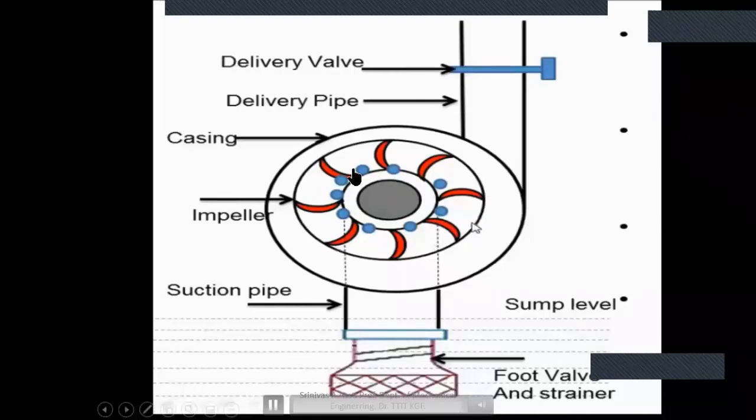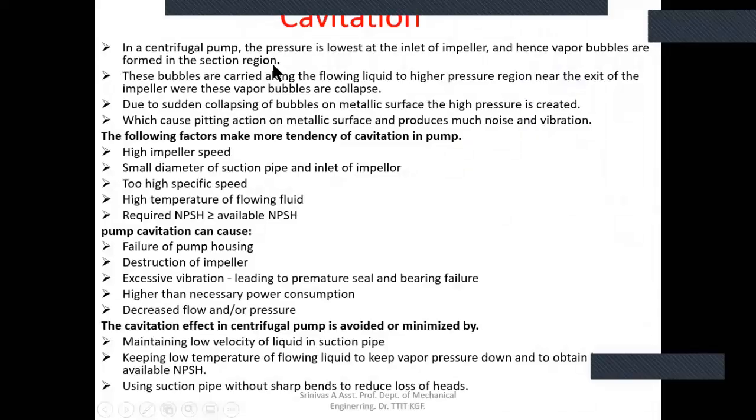So that bubble moves along the blade, and it will collapse at the blade, and it will cause damage to the impeller blade or casing, anything like this. This is how cavitation occurs. So cavitation is not a good thing. This is a problem in the pump, and we'll come to know